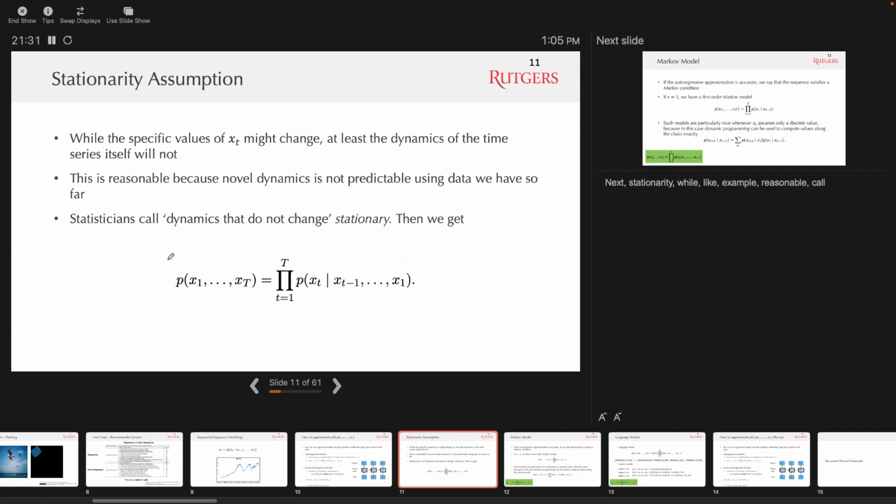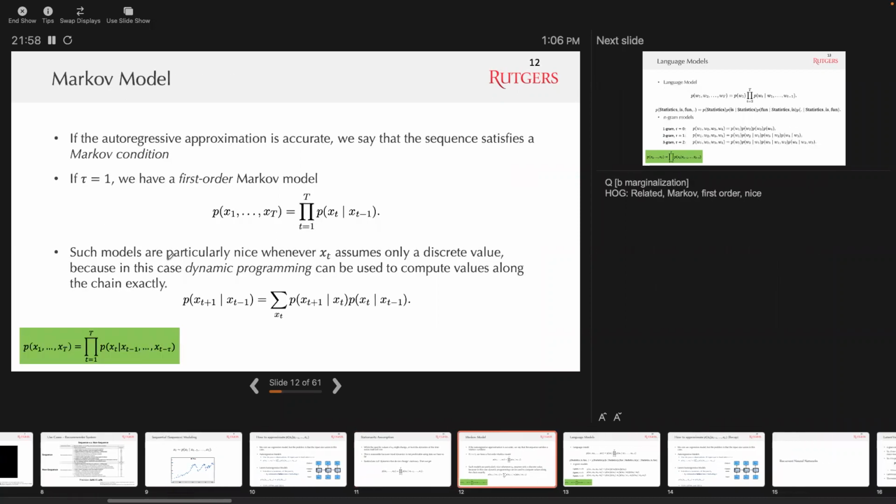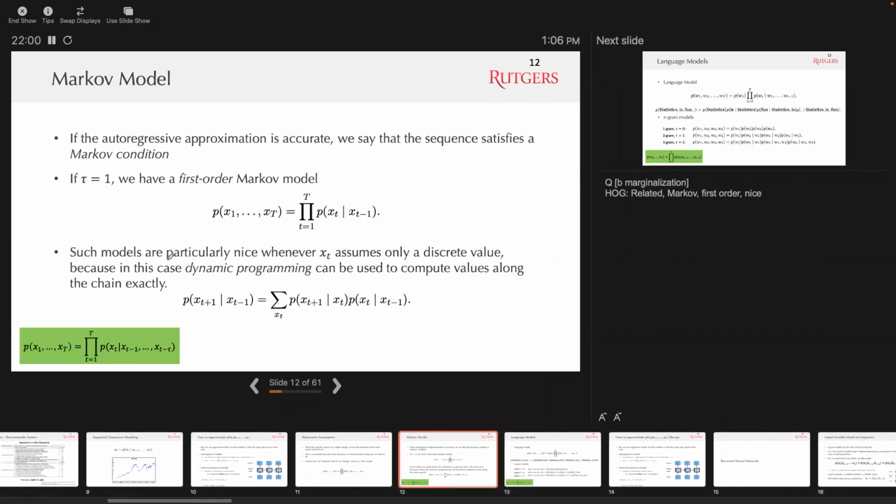And the stationarity is reflected in the fact that we're using the same p here. So whenever you are trying to predict x2 or x3, you're going to be using the same model. Right? And from here, we will try to simplify the model even more to say that if we